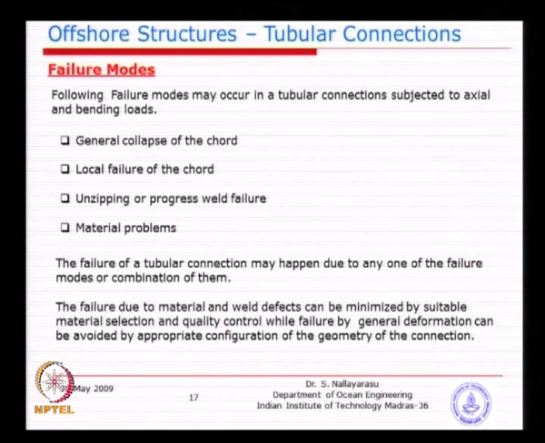So, what are the failure modes we are expecting? We think it may be happening in this way. There are 4 discrete possibilities, any one of which may be causing the problem. One is the general collapse, the second one is the local failure, which we saw earlier, and the third one is unzipping. Basically, one location is failing, there is no contact at that location, and the load goes to the next 2 locations around, and that location gets overstressed and opens up.